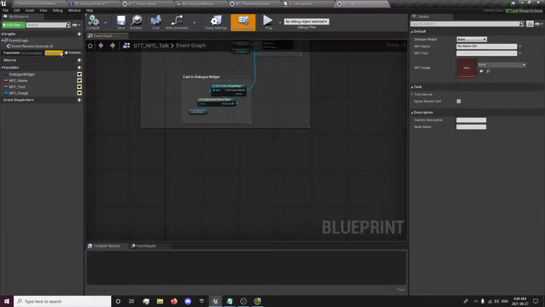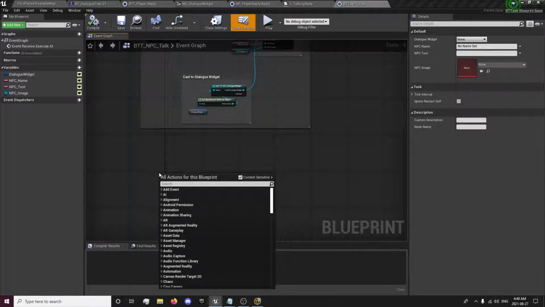And in here, we can override the, or I guess we can just unbind